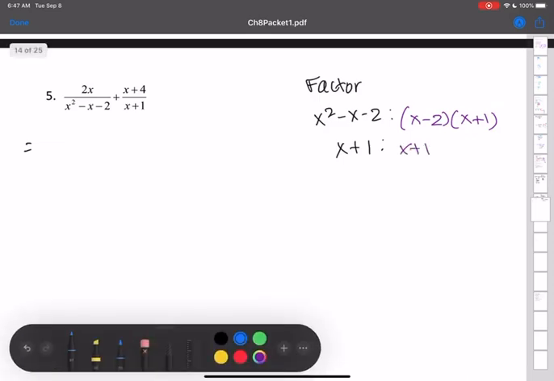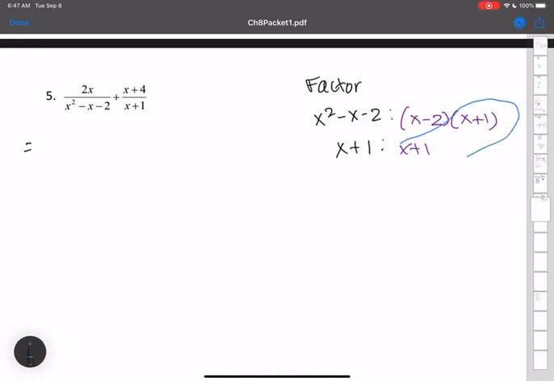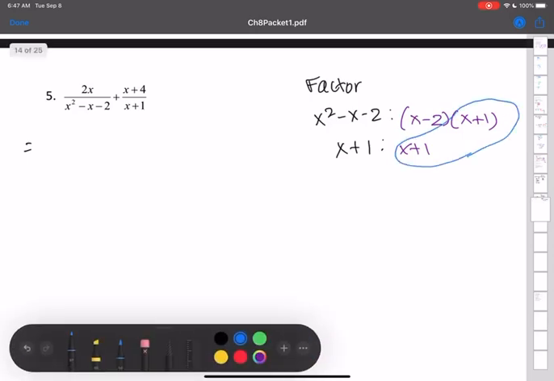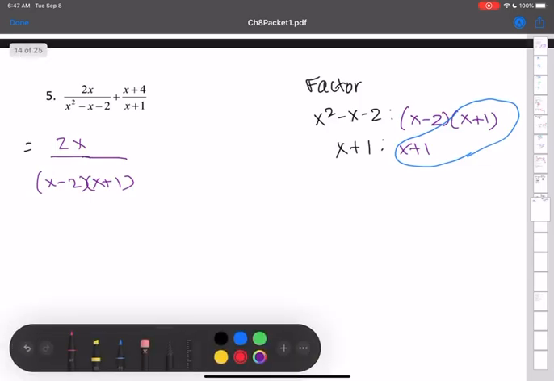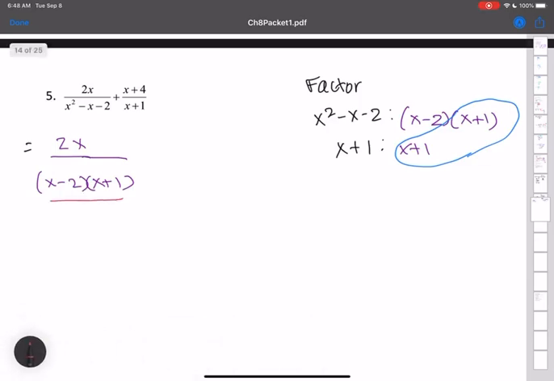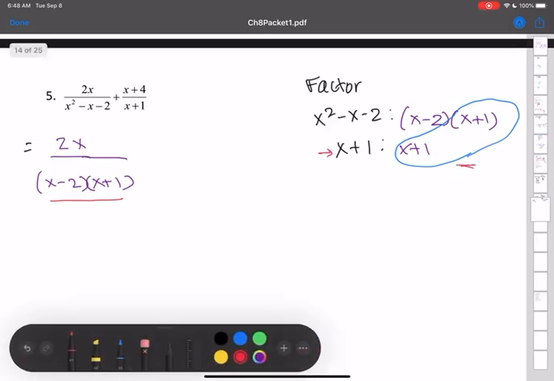But if you see, this is what's kind of different about this one. They do have that common factor of x plus 1. So in this first one, I'm going to write 2x over. Again, this is personal preference. I'm just going to go ahead and write in the factored version, it's a little bit easier for me to see it. You could always factor it out later. It's nice though to just kind of get it over with up front. So if I'm looking at the first one and I go to the second one, what factors is it missing? It's not missing anything, so I don't have to multiply that one by anybody. Okay, it's not missing a factor. So then I just have plus,